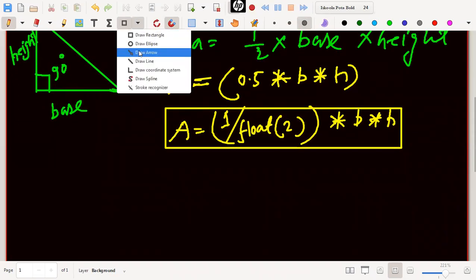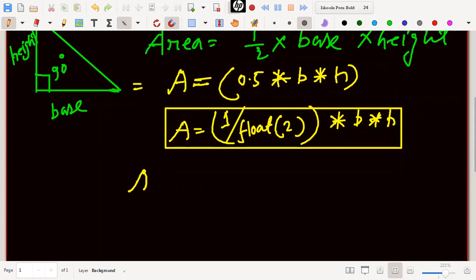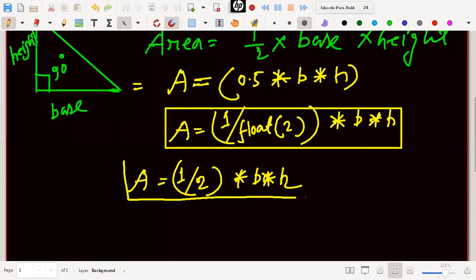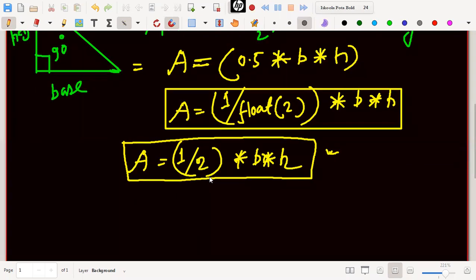Okay, so there is a problem if we write the expression as 1/2 into base into height. If we define the equation this way, then in your C program there will be some errors. So for a fractional value, we have to define 1 divided by float 2